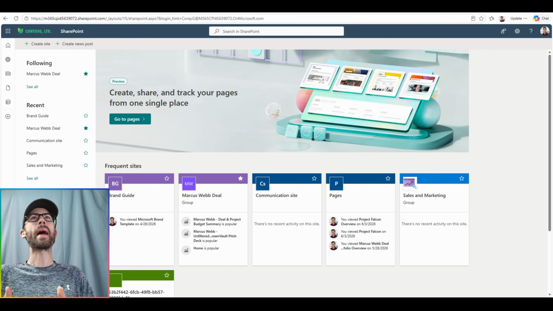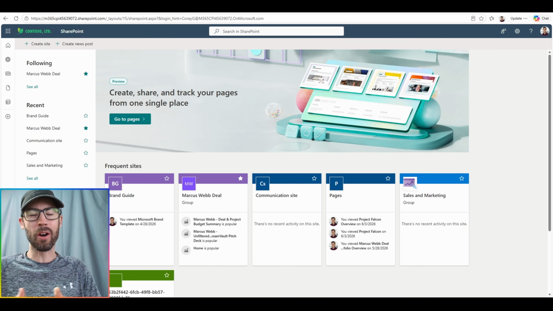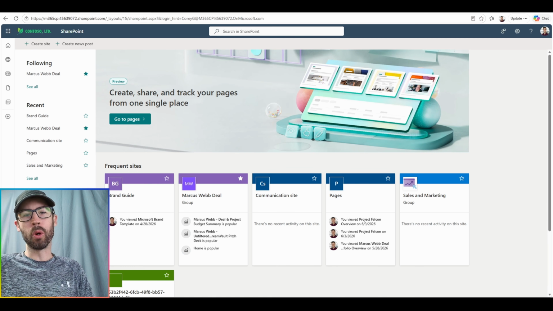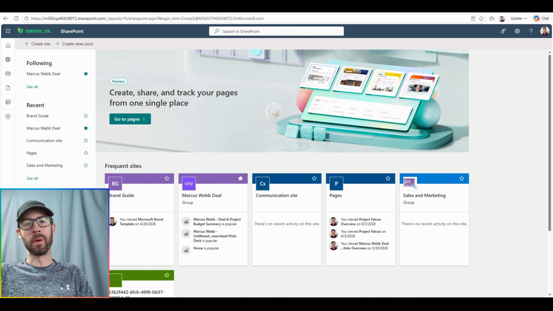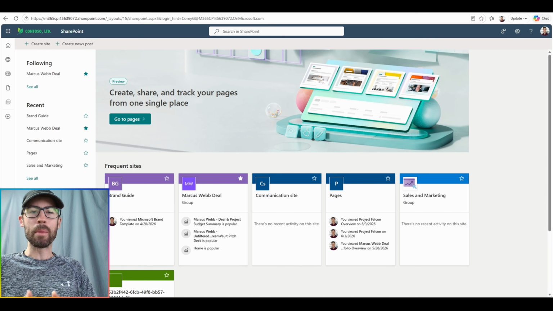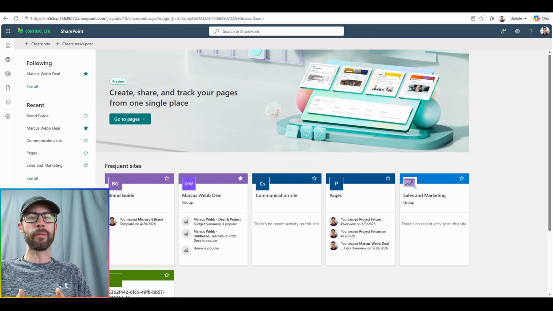Today, we're going back in time, back to where it all began: SharePoint. SharePoint is where I started my corporate career many a year ago. And within this landscape, Copilot has now been integrated. So, in today's video, we're going to take a look at all of the features and functionality for Copilot in